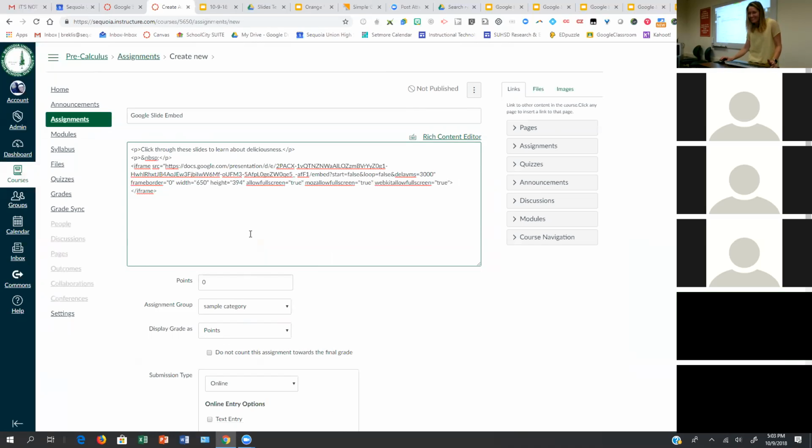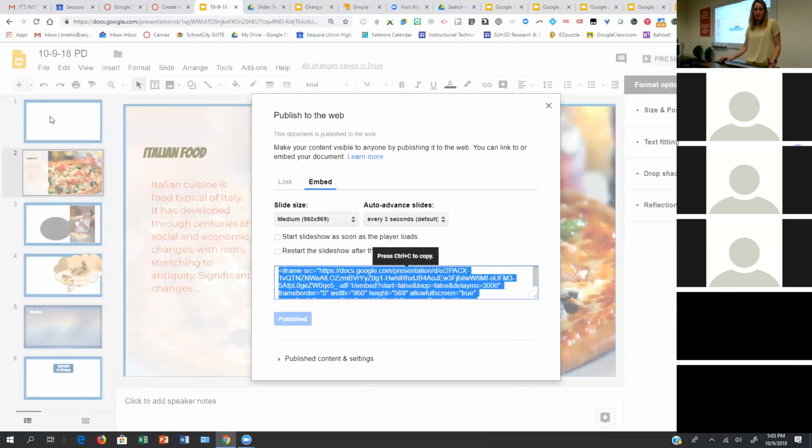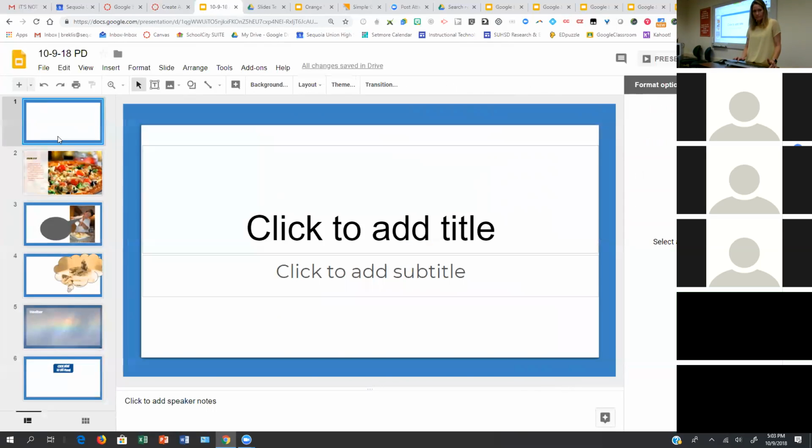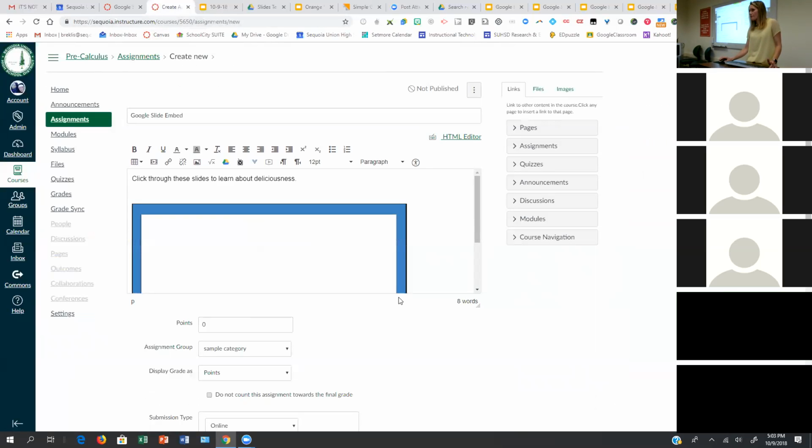You want to see what it looks like, go back to rich content. And then, if you remember, my first slide was blank. Let me get rid of that. After I refresh, that blank will not be there anymore.